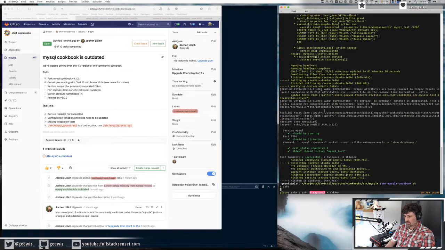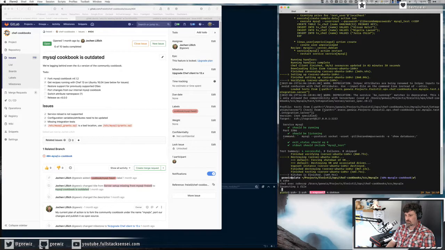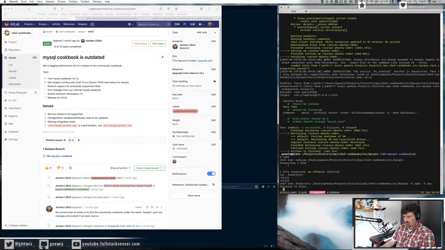We're simply running our complete test suite here, starting with Rubocop for the cook style. Inspecting one file